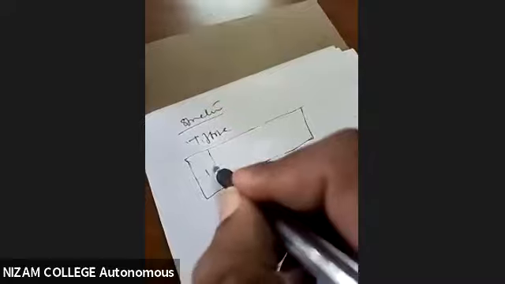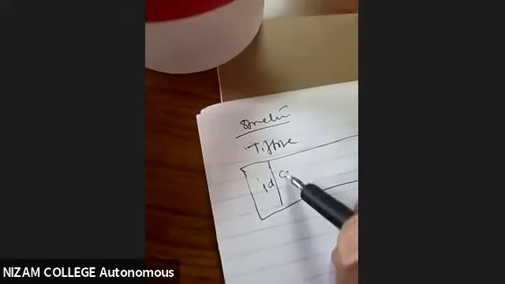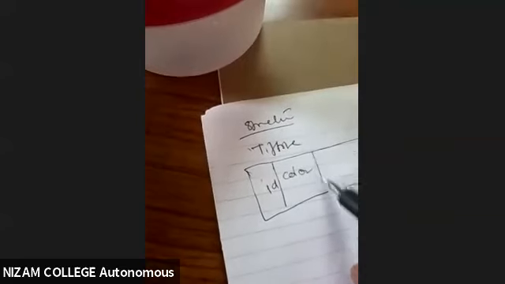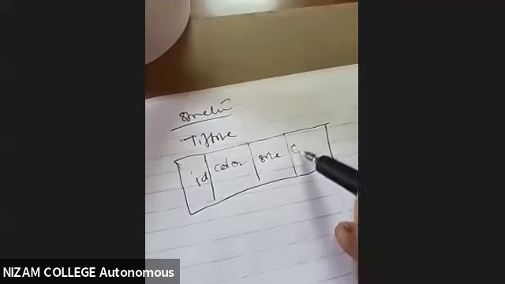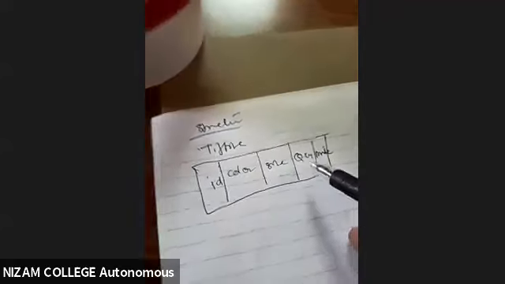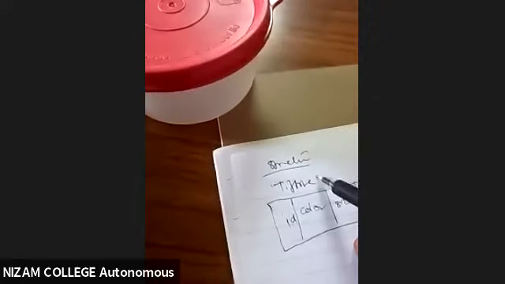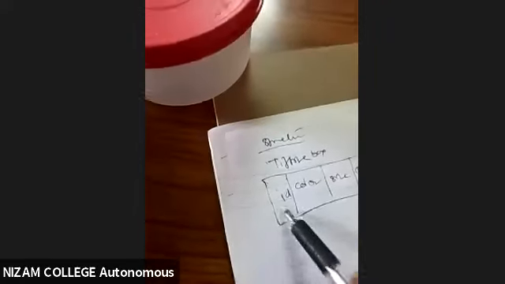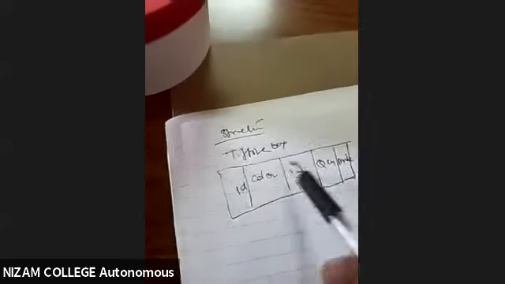So a tiffin box has an id. I want this id because I want numbering; if I want to sell it, I need some identification to sell it. Then I will have the color for this. Then I have the size. Then I have something called quantity. Then I will have something called price. So I got a tiffin box as an entity. Then I am trying to design the structure.